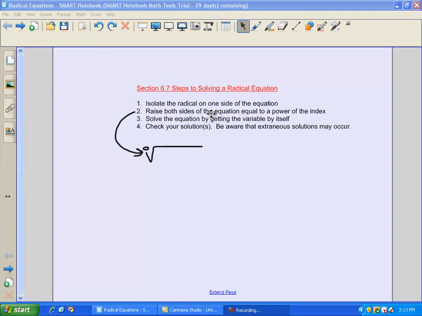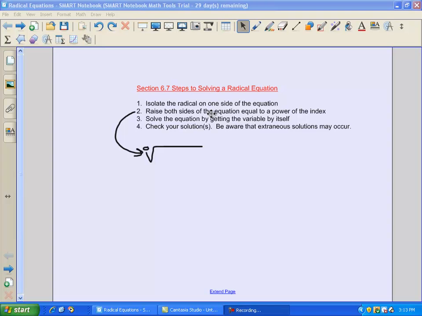This is section 6.7, steps to solving radical equations. There are 4 steps that are involved with solving radicals. The first one is to isolate the radical on one side of the equation. The idea here being that anything that's not under the radical sign, whether it be a variable or some sort